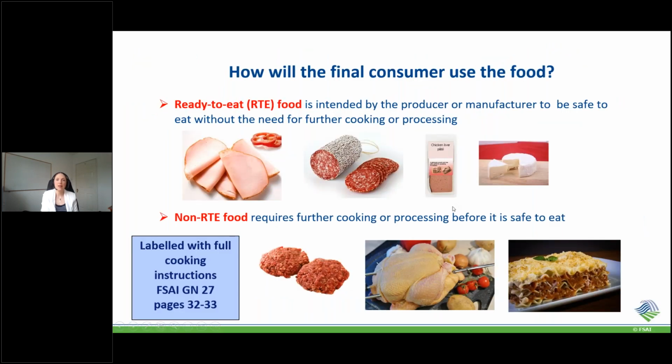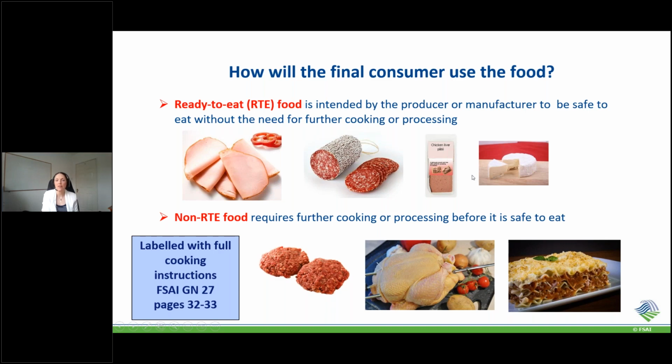Then you need to consider, how will that final consumer use your food? So there's two different categories that food falls into, ready to eat food or non-ready to eat food. So food like deli meats, for example, or cheeses are ready to eat. So these are foods that the consumer can eat without heating that food or processing it further. So any pathogens that are present on those ready to eat foods, there's going to be nothing there, no processing or cooking to get rid of that pathogen. And if they're at a level that will make the consumer sick, it's a real risk,